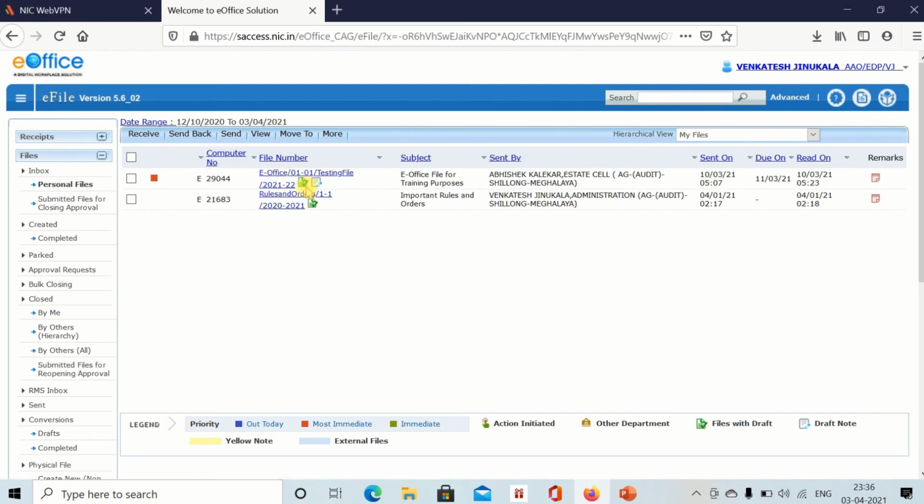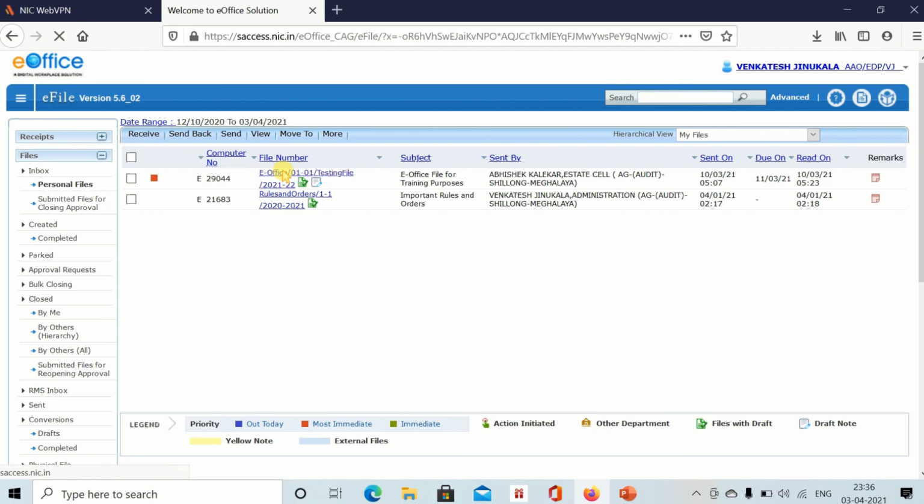Here you can see this green symbol. If any file has a green symbol, that means it has a draft. The second file also has a green symbol, that means it has a draft. If you see this second symbol, just a pen and a paper symbol, that means you have already written something but not yet finalized or not yet sent the file.